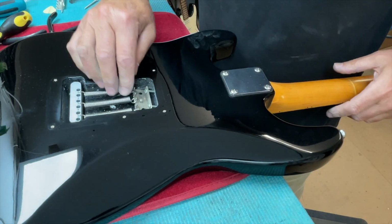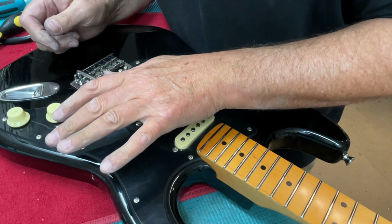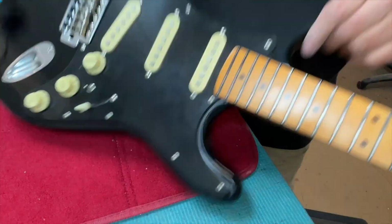Very nice to know, because I think it's a smart move by Harley Benton, making their guitar upgradable in that sense, because a lot of squares and so forth just would not work. Okay, so that's pretty good. So what I'm going to do, I probably should have done,